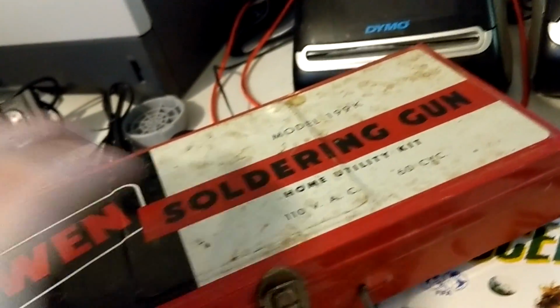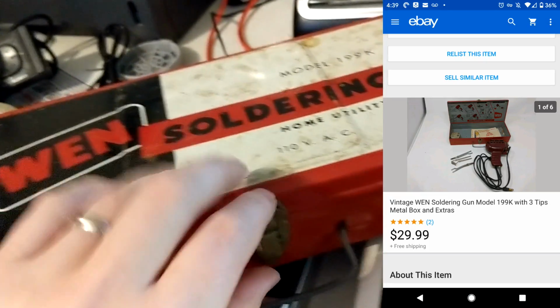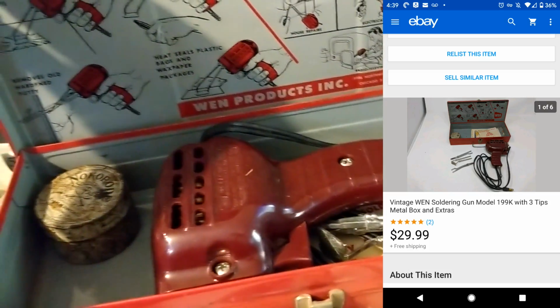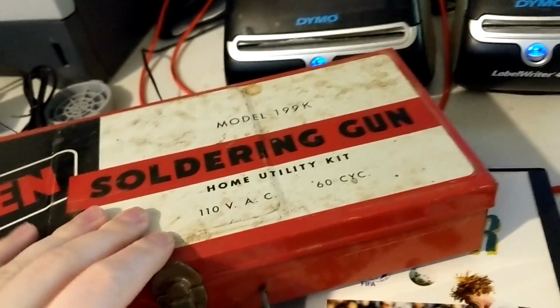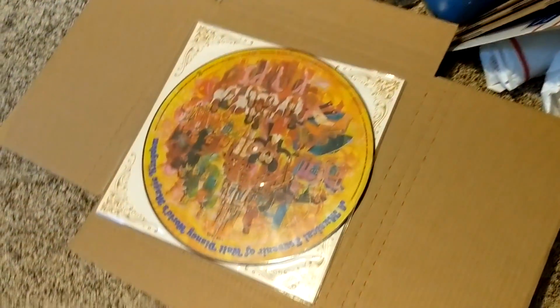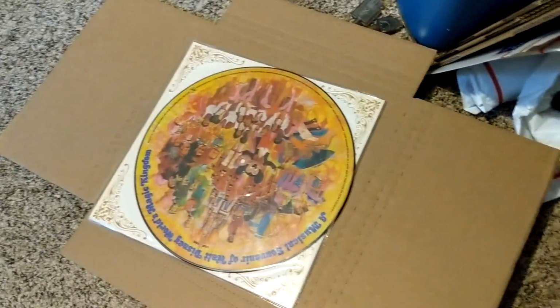This soldering gun I've got $1 into. Dirty. I don't know if I'd buy it again, but it's been listed for a while and sold for $29.99. So I'm in the profit. We'll take it. And then last sale is this, I don't even know, it's like a Disney, the size of a record,